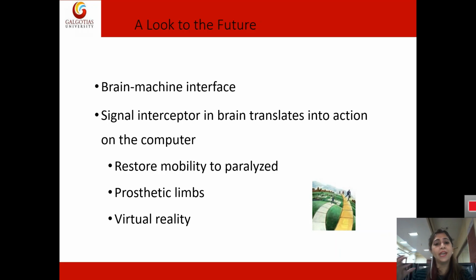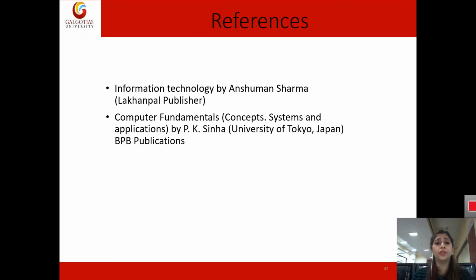If you have heard about head mounted displays, in virtual reality we have devices mounted on your head, and through those devices you can see, and with the help of your hands you can touch and feel the surroundings. Virtual reality is used for feeling the 3D effect or 5D effect. So these are all the future of devices.